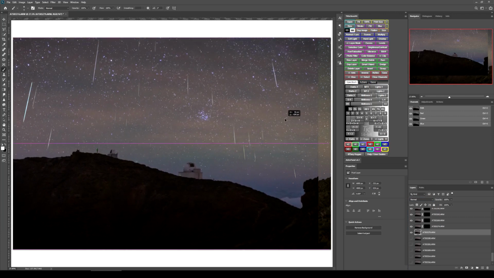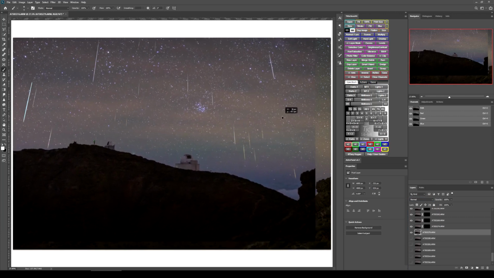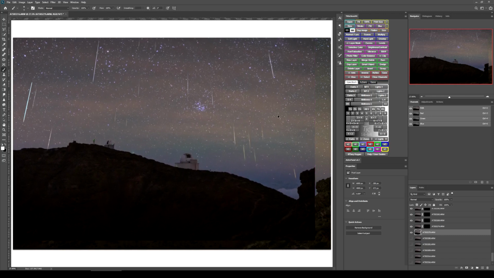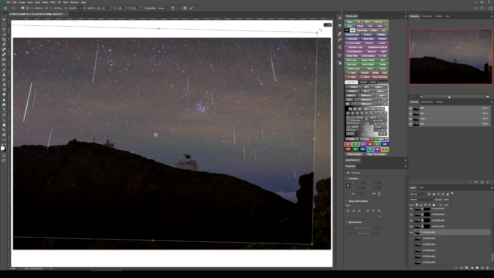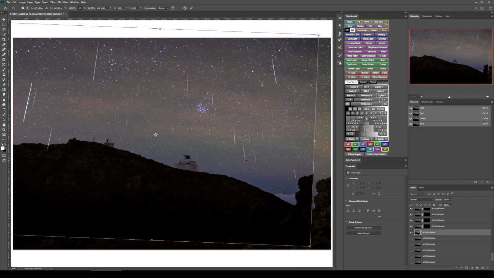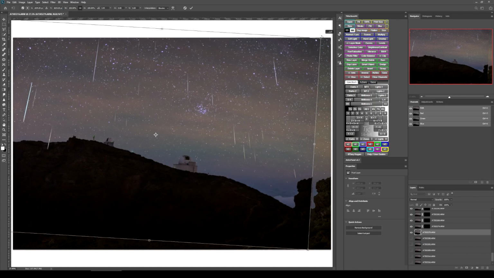and just sort of bring it back down to a position in the frame. And then you can just rotate that meteor just to make sure that it points in the same direction as all of these. So I've got all of these as guides now for all the other meteors. So yeah, I'm just going to position that one